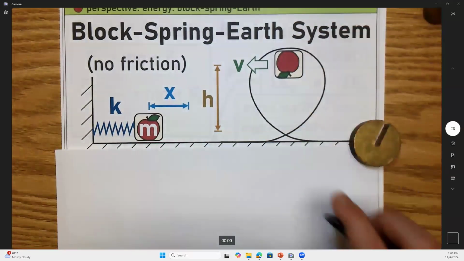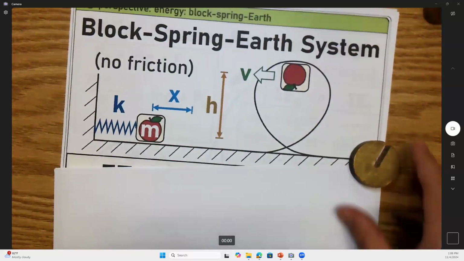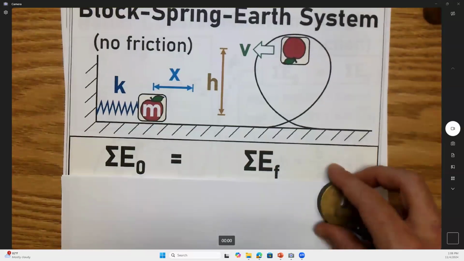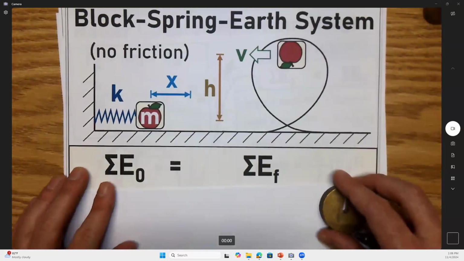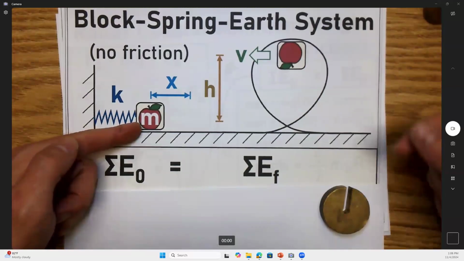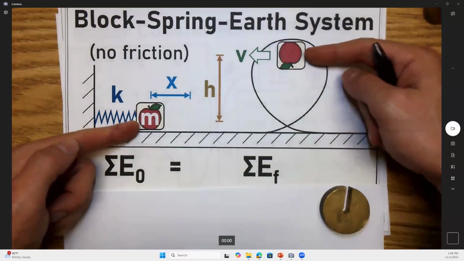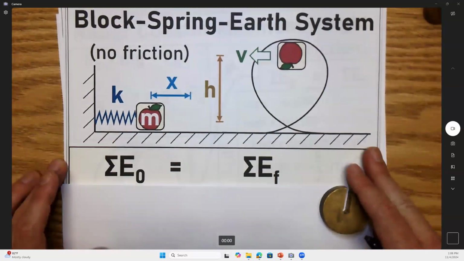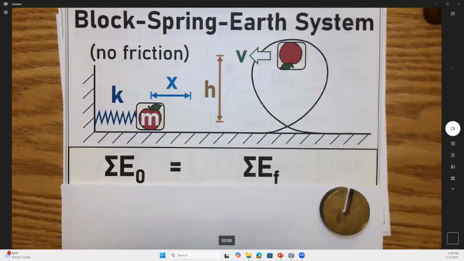Right. So here, let me show you guys the framework to be able to answer this question. The sum of energy initial equals the sum of energy final, or point A to point B. So here's your initial point A, here's your final point B, right? I want you guys to write the equation for that setup right there. Go ahead, write it in your notes. I'm going to take a quick trip around the classroom, see who's getting this. Write the equation that could answer any of those number of questions.